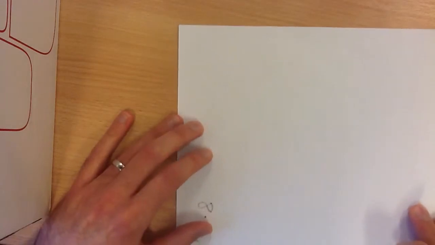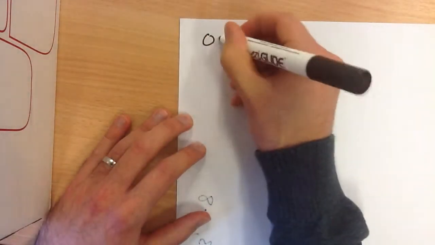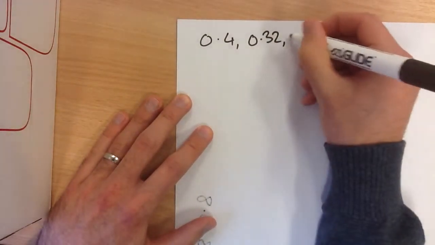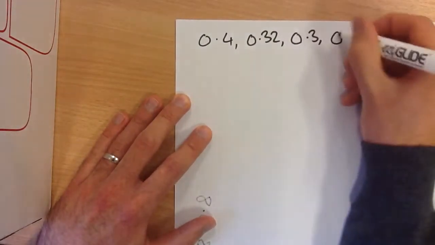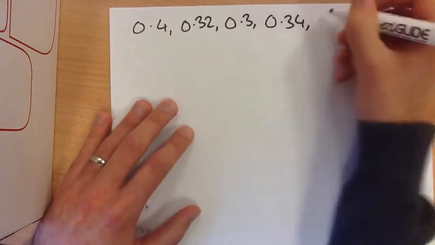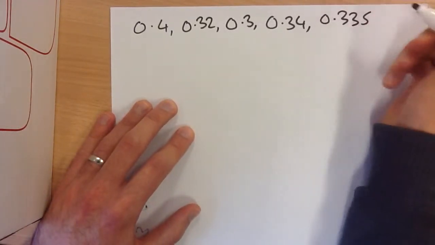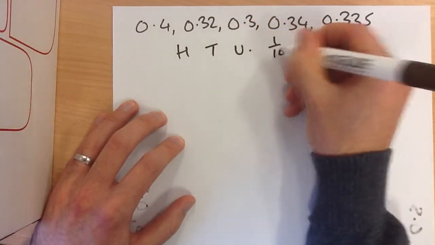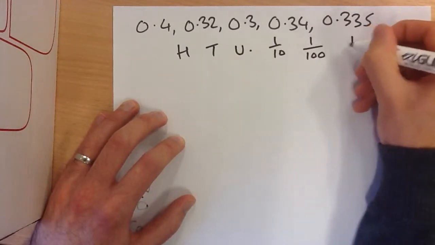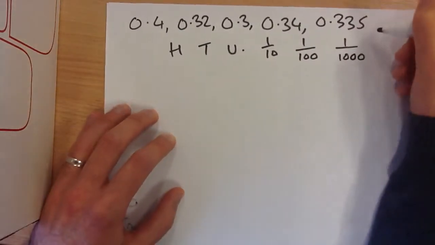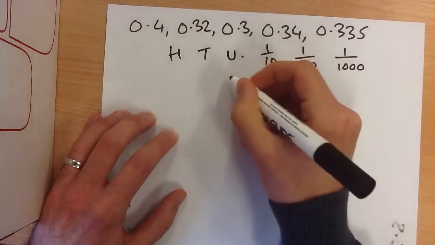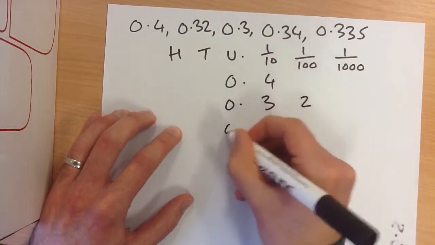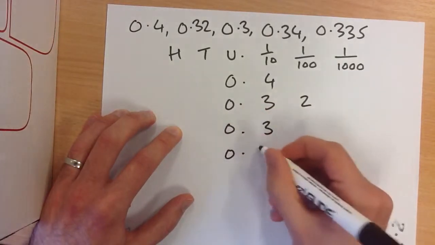As another example, if I have the numbers 0.4, 0.32, 0.3, 0.34 and 0.335, I'll go hundreds, tens, units, tenths, hundredths, thousandths this time, because this number here has got thousandths as well. Put them in the columns: 0.4, 0.32, 0.3, 0.34,